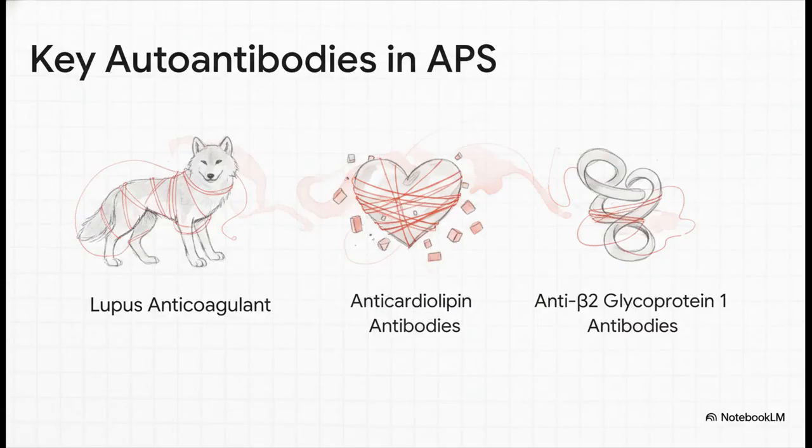And these are the three specific culprits we test for to diagnose APS: lupus anticoagulant, anticardiolipin antibodies, and anti-beta-2 glycoprotein 1 antibodies. Their presence is what drives this profound hypercoagulability. It's their interaction with the coagulation cascade, specifically by messing with natural anticoagulant pathways like the protein C system, that relentlessly promotes thrombosis. And, as we're about to see, that first one on the list, the lupus anticoagulant, is also responsible for a major diagnostic paradox that is absolutely critical for us as anesthesiologists to understand.